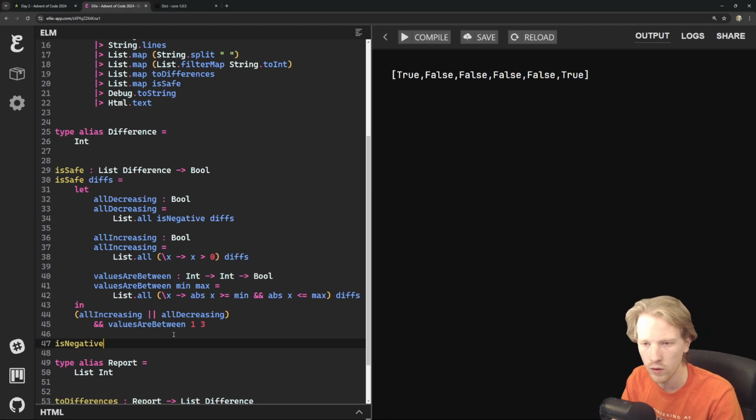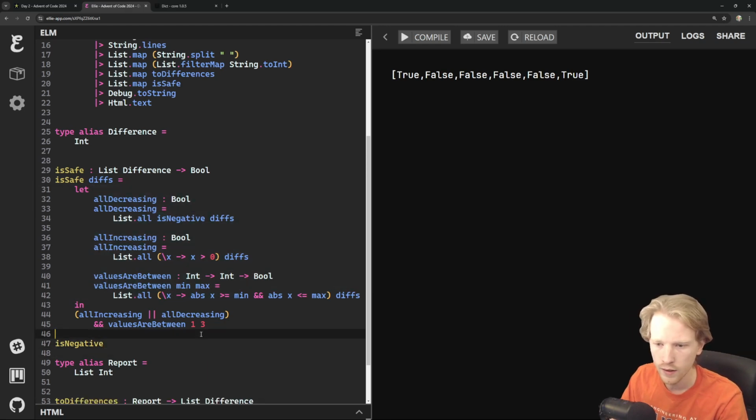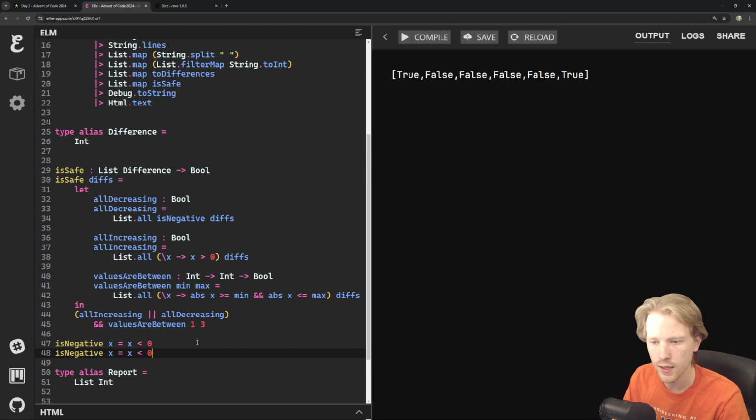We could make it local inside of this in like the let block. What I'm going to do is I'm just going to say is negative is when x is less than 0, is positive is when x is greater than 0, and making these helper functions keeps this code readable. Elm's kind of a weird language. It's really intimidating to people who are new to it. So it's really helpful, especially if you're working on a team, to try to name your functions as much as you can,